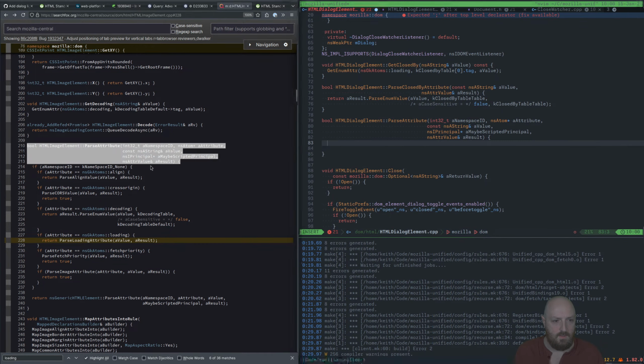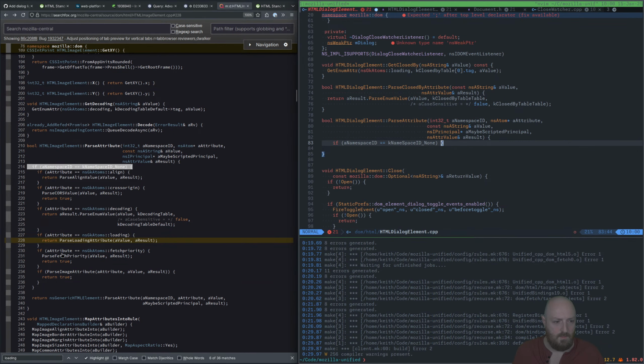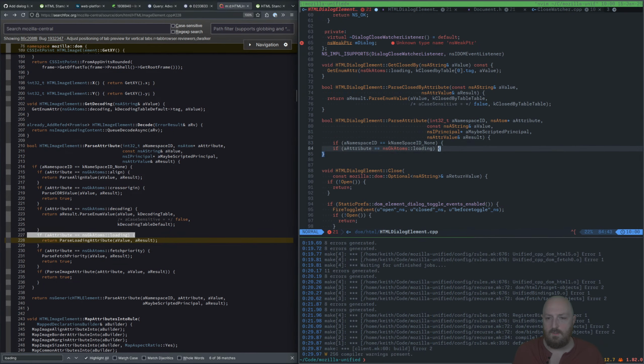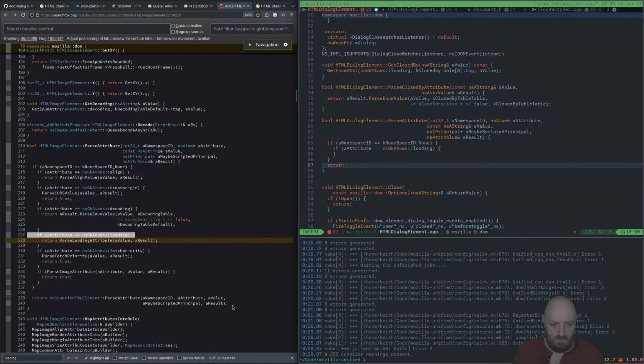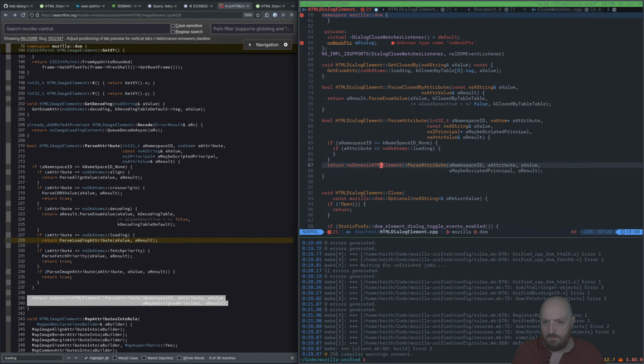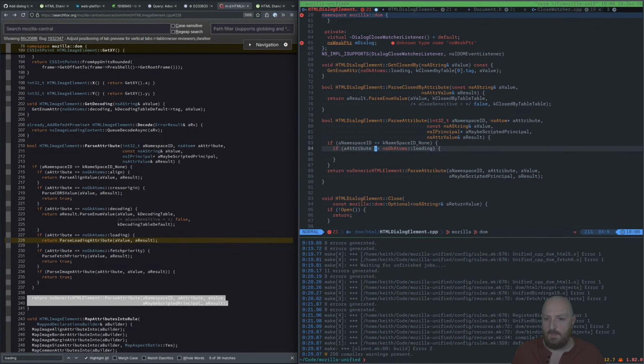We're going to say if the namespace is none and the attribute, we're going to return the NS generic element and parse attribute, and this is going to change to closed by. So what we're saying is when we call parse attribute, as long as we're in the none namespace, like it's not any weird XML namespace for the attributes, if the attribute is the closed by attribute, then we want to call